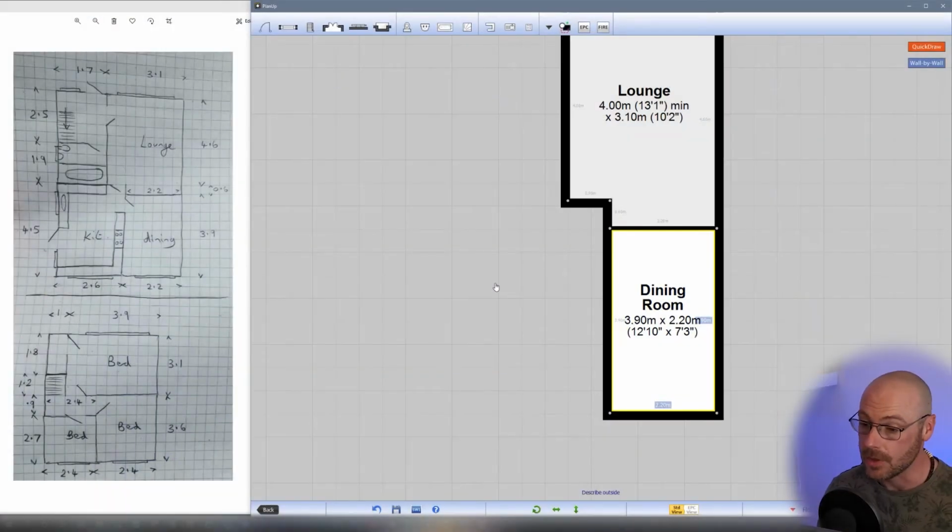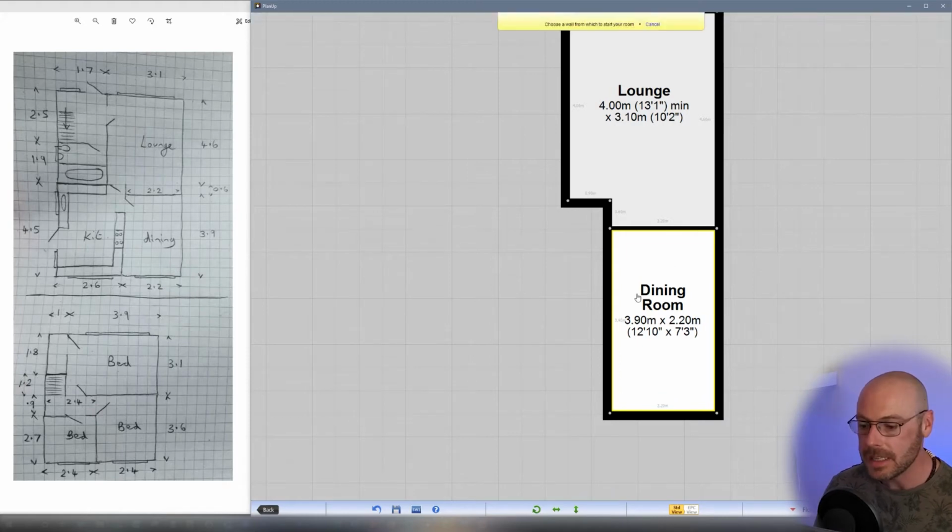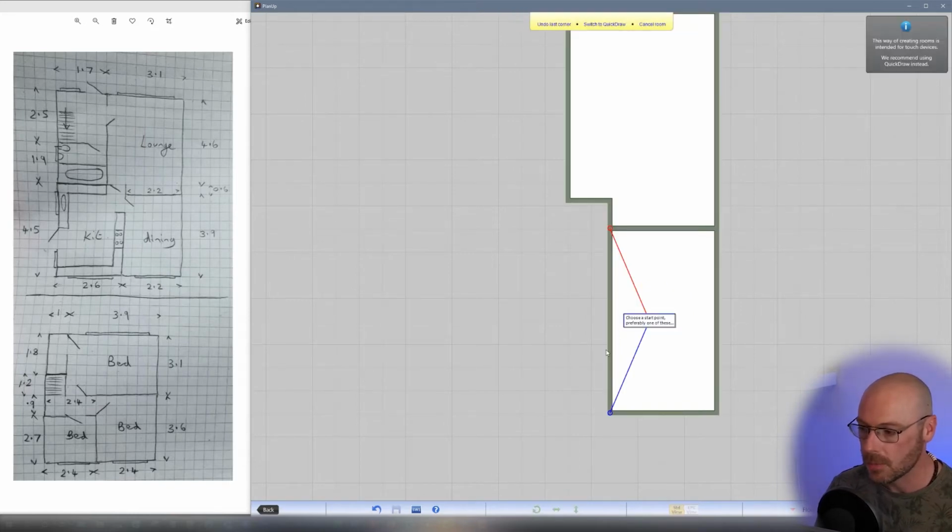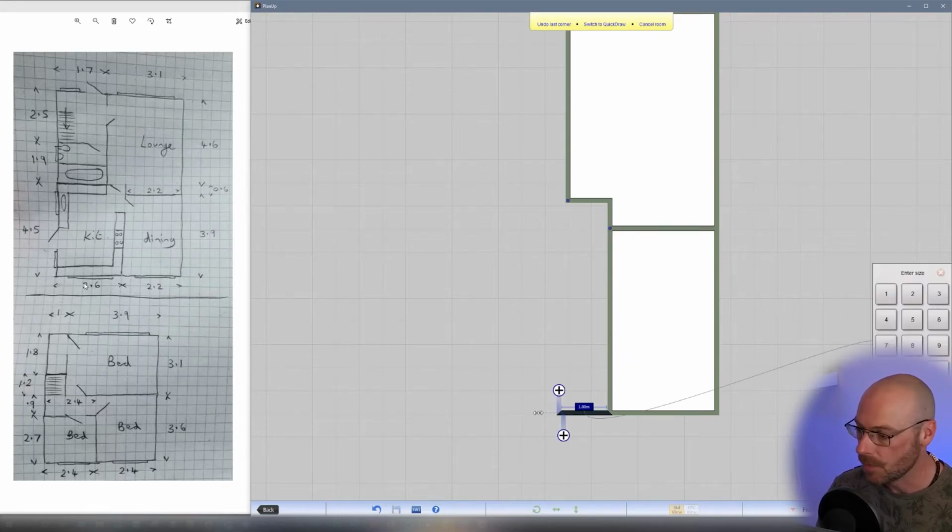So again, the top right hand corner, the blue button, it says wall by wall. Let's select that, and we need to tap on an adjoining wall. The adjoining wall between the dining room and the kitchen is just here. Let's tap on that wall, and I'm going to choose a start point, which is at the bottom, and now 2.6. Using wall by wall, this is a good example to show you how to use wall locking measurements,